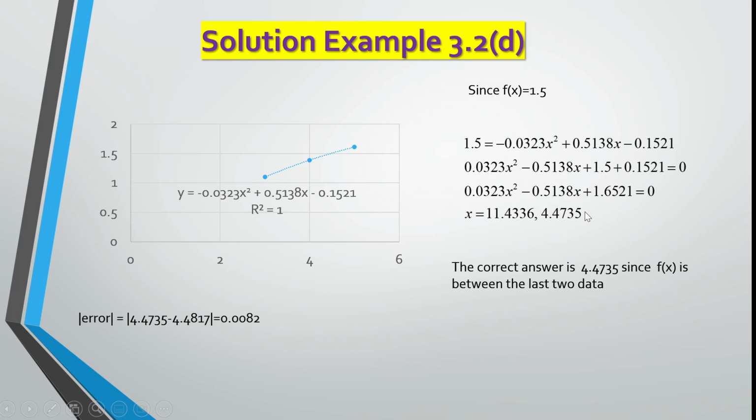Use a calculator. Again, you obtain 2 roots, and we observe as just now, when y is 1.5, the root is between 4 and 5, that's why the correct answer is 4.4735. So because of the same thing, question C and D we get, because in Microsoft Excel we get exactly the same equation,